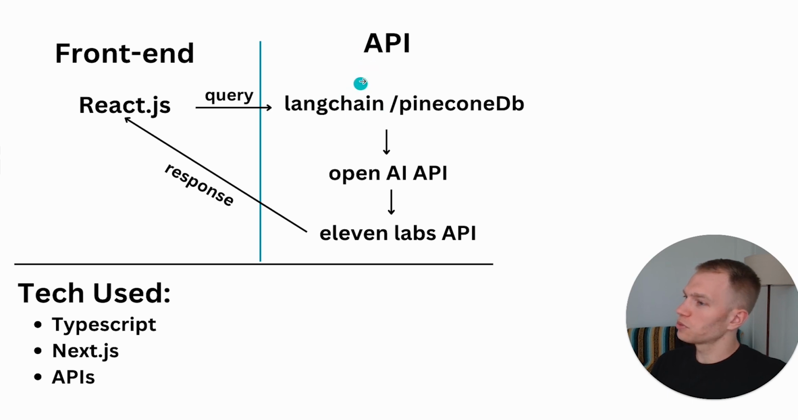There are basically three pieces of software that are services I'm using. I'm using LangChain and Pinecone DB. I'm using the OpenAI API. I'm using 11 Labs. LangChain is a framework for helping us integrate all these different technologies together. And specifically, Pinecone DB is a vector database which stores information so that it's very easy to retrieve relevant